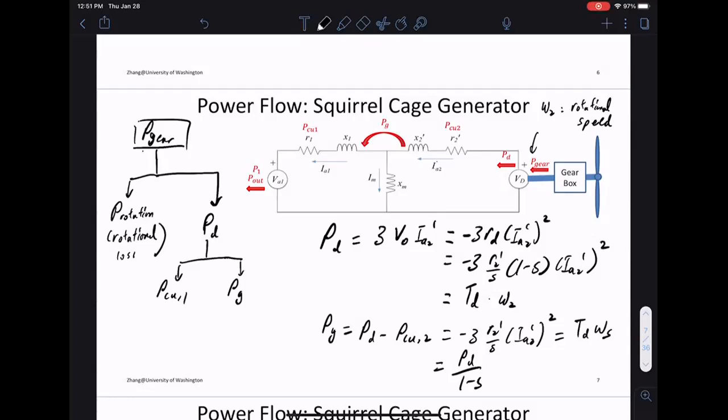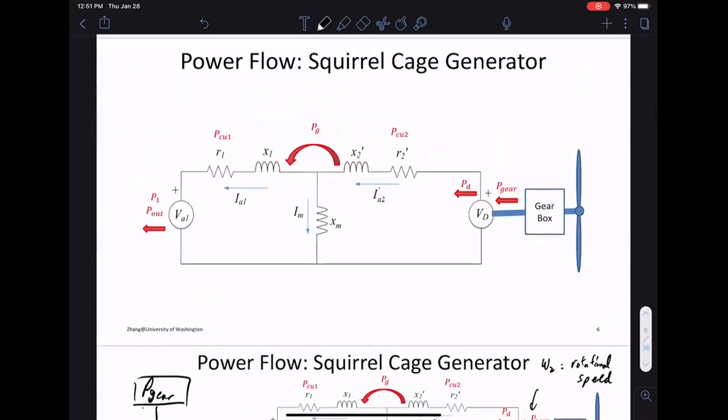Just real quick, could you explain again why IA2 and V out are 180 degrees out of phase? Out of phase? Okay, sure. So if you look at this voltage, right? So let's go up. If you look at this voltage